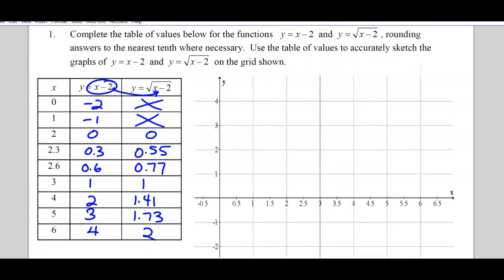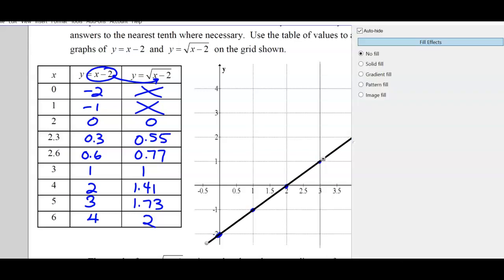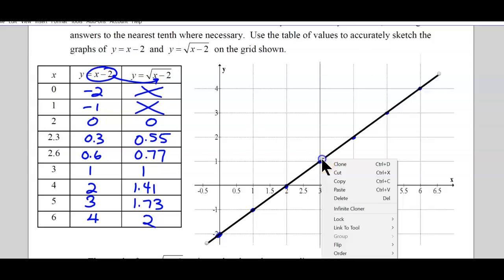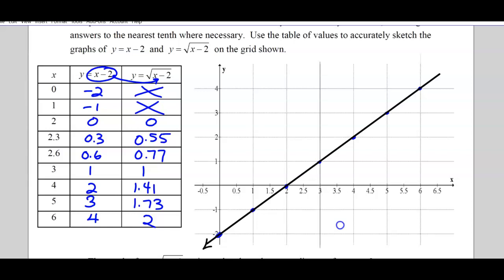Okay, so let's graph. It says graph both of them. So I'll do the original in blue. Okay, so slope of blue is 1. So make sure you take a look at the scale or the grid markings, what they represent. Okay, so now